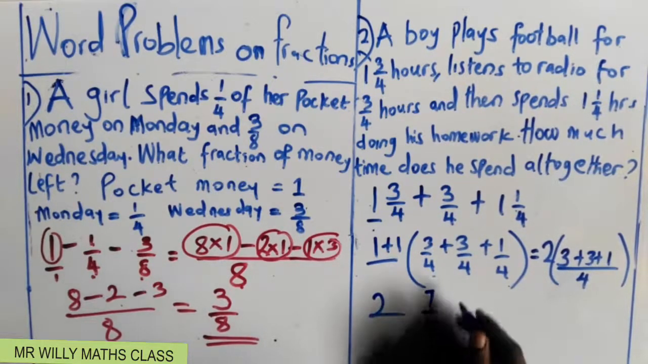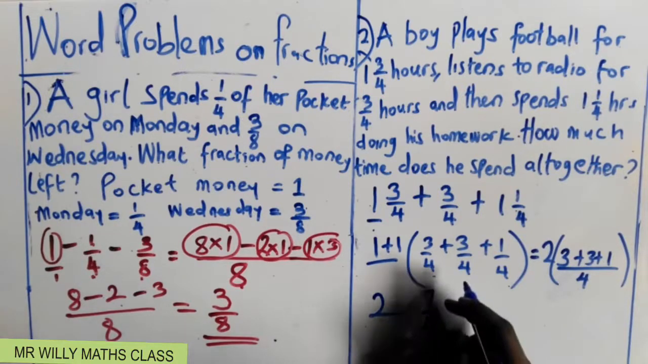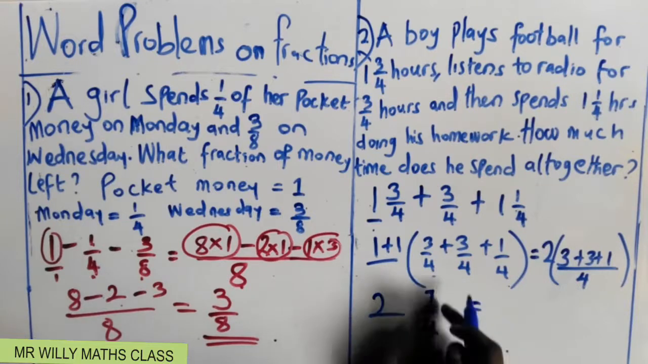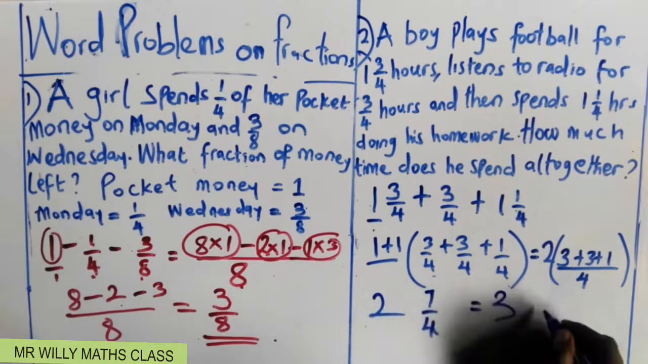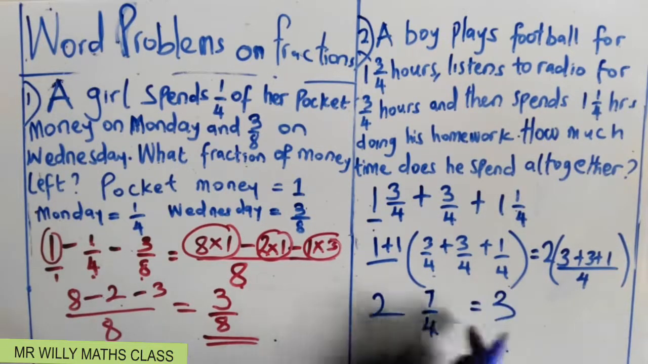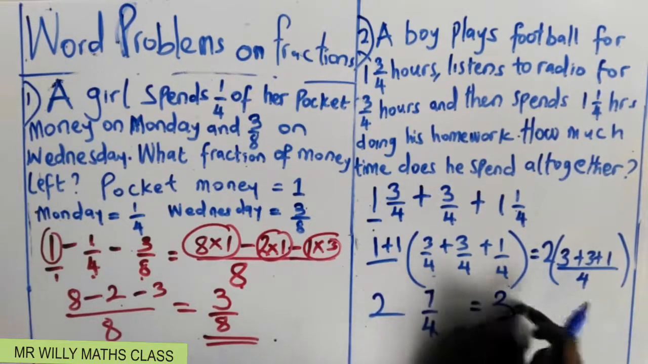But this 4 can still go into 7. We can still use 4 to divide 7. When 4 goes into 7, that will be 1 remainder 3. So the one time that the 4 can go into 7, you add that 1 to 2. So this 2 will turn to 3. Then you write the remainder. The remainder will be what? That will be 3